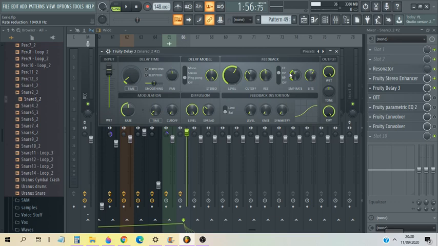So that would kind of crunch the frequencies that try to go past middle C back to around the frequency range of middle C. So that means that, again, it's going to make this snare sound more pitched and kind of just sound more nice to the ear and less messy.